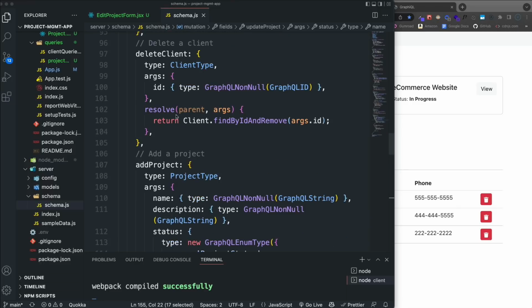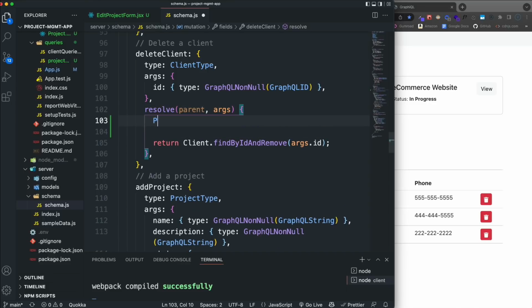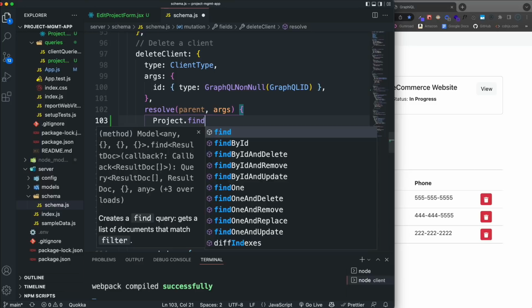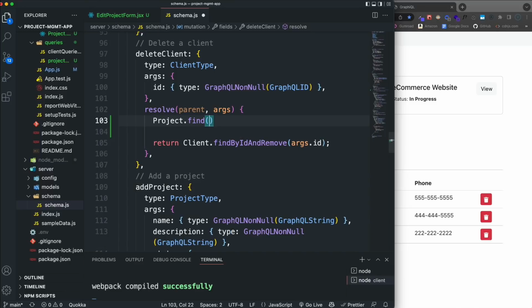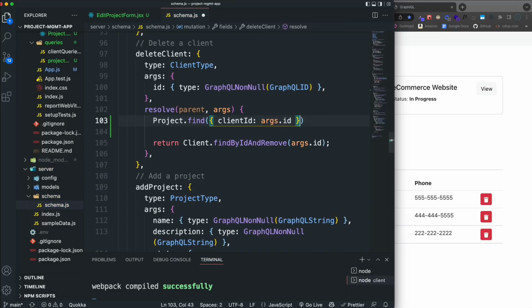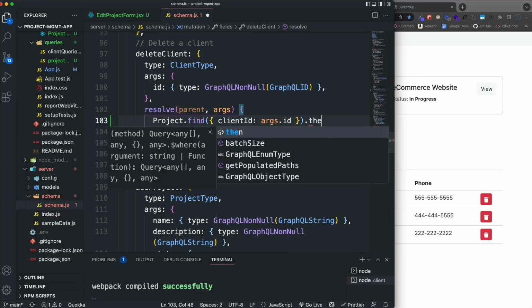which is right here. So right now we're just returning this client find by ID and remove, and it just deletes the client. But let's go right above that, and I'm going to use the project model, and we're going to go ahead and find. So basically we need to find the project that has that client associated with it. So let's say find, pass in an object. We want to find where the client ID is equal to the args.id, which is the client ID, because this is the delete client. All right, then we're going to do a dot then here,